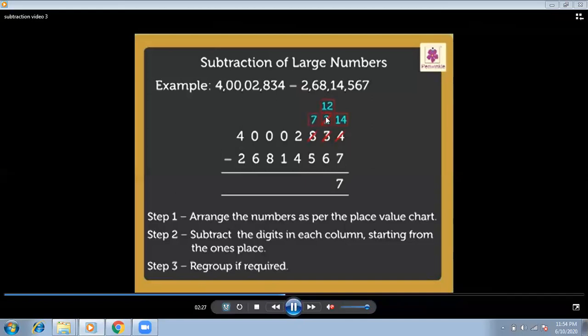Now it becomes 12. Now 12 minus 6 is 6. And 8 gave 1, so it's 7. Now 7 minus 5 is 2. Again 2 is here, so you can't subtract 4 from 2. So here is 0. You can't take 1 from 0. Another number is 0. You can't take 1 from 0. Another number is also 0. You can't take 1 from 0.